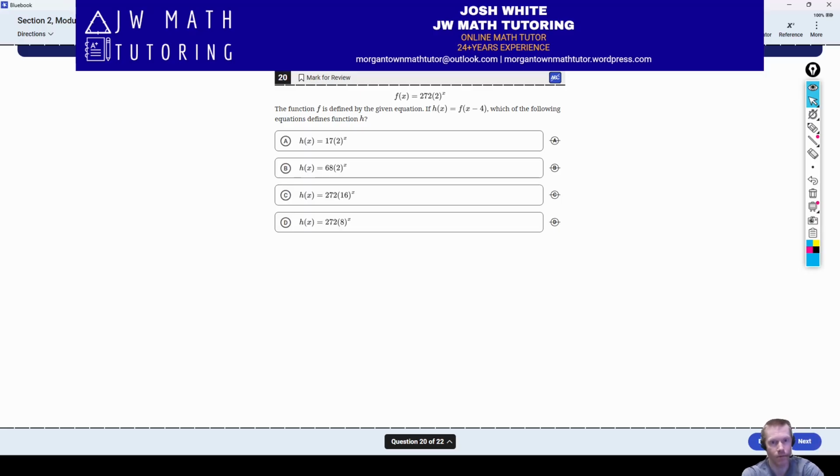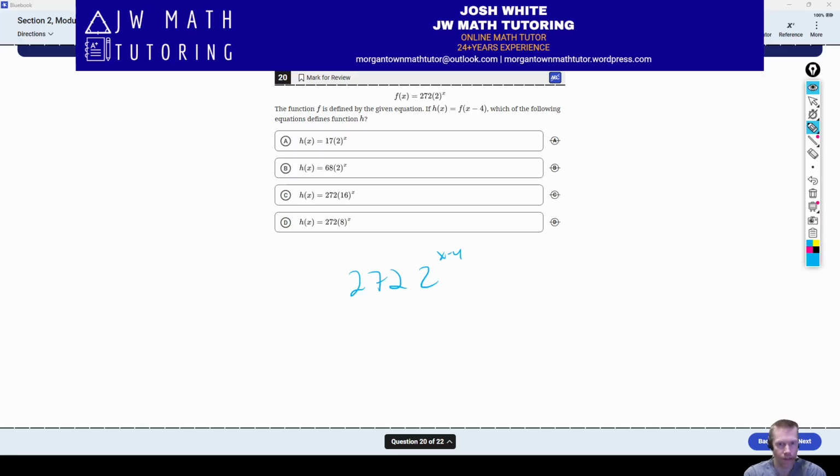All right, next problem. Here we have an exponential function, and you're doing a shift on it, technically a translation of 4 units to the right, and it wants to know which of these defines h. So I'll just talk about the theory for this real quickly, and then I'll show you how you could do this in Desmos. Basically, what's going on here is you plug in x minus 4 for x,